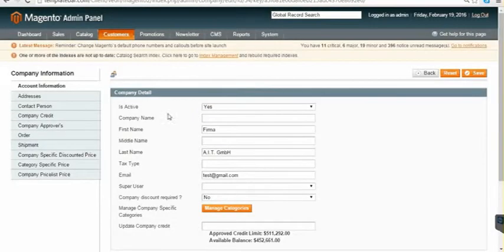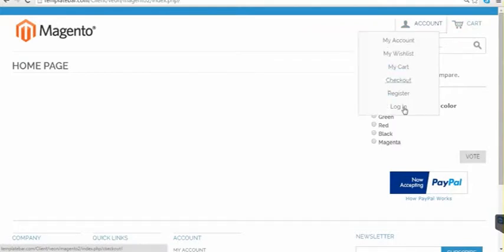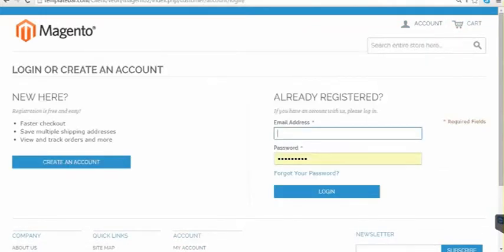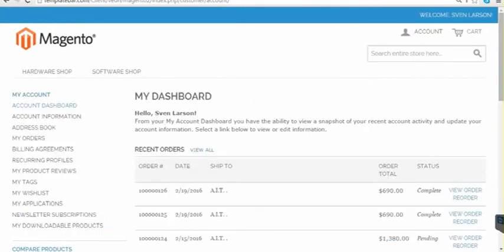Okay, so let me just quickly go inside the front end and log in with a contact person from this particular company. So now we are logged in into the front end.